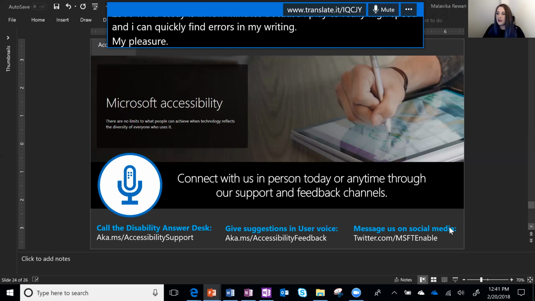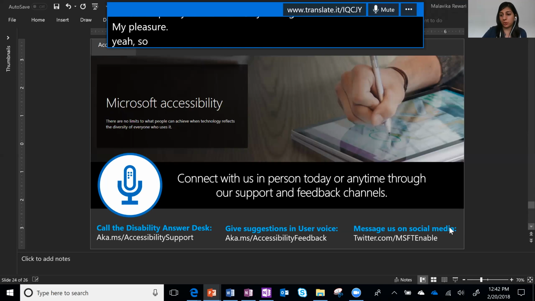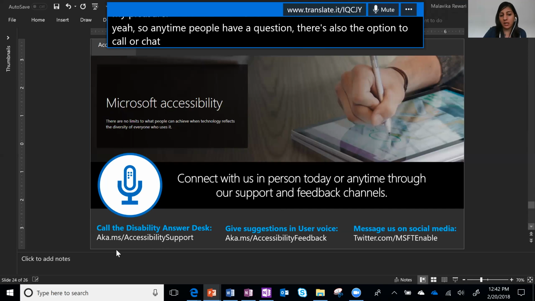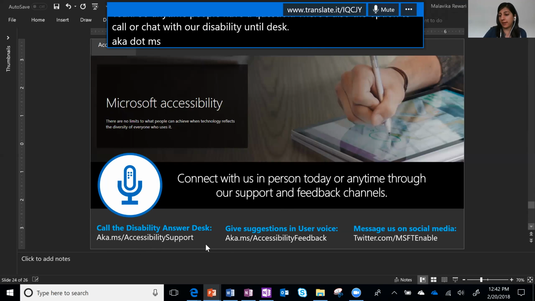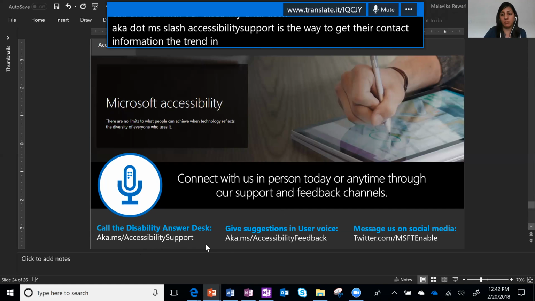Is there anything else you would like to add? Yeah, so anytime people have a question, there's also the option to call or chat with our disability answer desk. aka.ms/accessibility support is the way to get their contact information. They're trained in assistive technologies and accessibility issues.